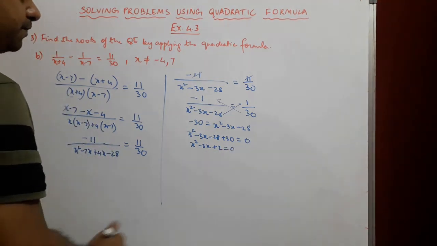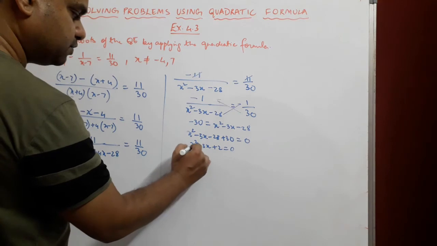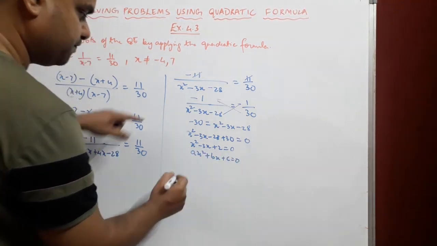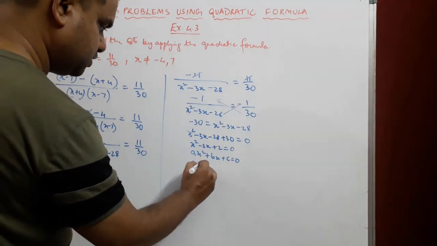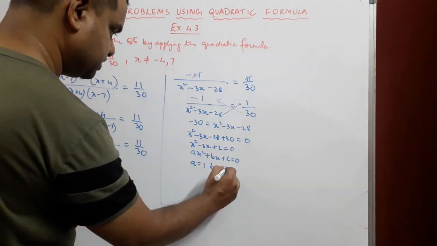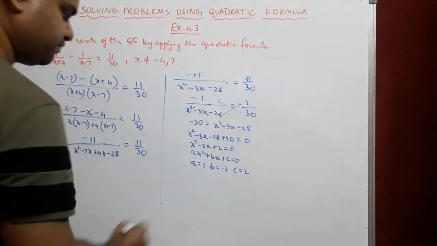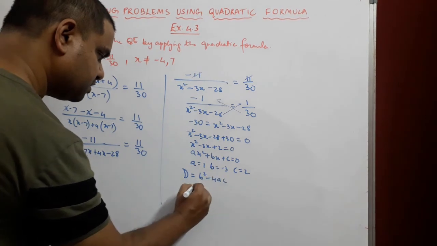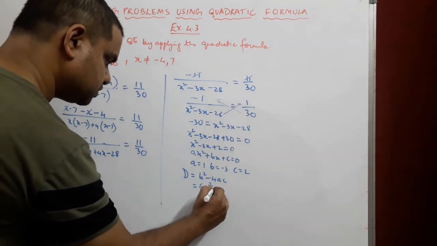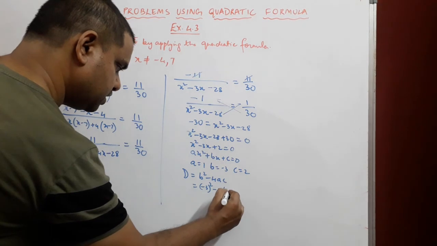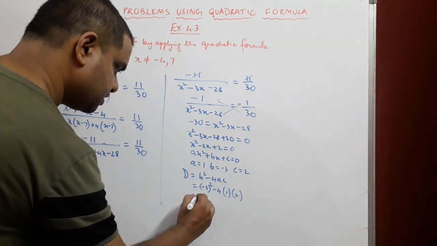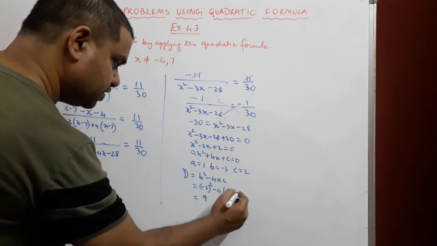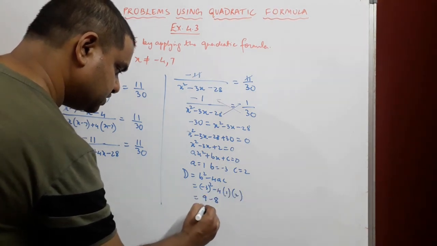All we need to do is compare it with our general form, which is ax square plus bx plus c equal to 0. And we'll get our a equal to 1, b equal to minus 3, and c equal to 2. We'll get our discriminant, which is b square minus 4ac. b is minus 3 whole square minus 4 into a, which is 1, and c, which is 2. Minus 3 whole square gives us 9. 4 into 1 is 4. 4 into 2 is 8. So minus 8, which is equal to 1,